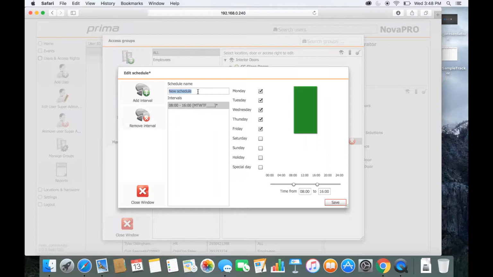So I'm going to go ahead and add a time schedule, and I'll call this my employee schedule. And this employee schedule is going to follow the rules where it's going to say Monday through Friday, I want my employees to be able to get in from 8 to 1600. And then I'm going to add a time interval that says I want them on holidays and special days to be only to work from